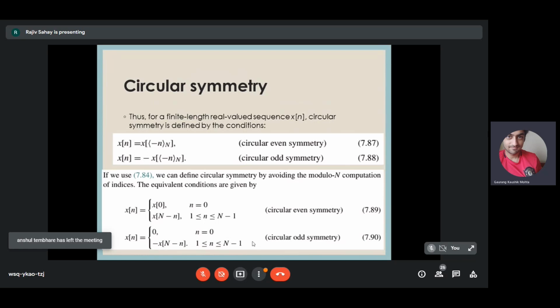Is this clear? Circular symmetry? Yes, sir. So let us now move into